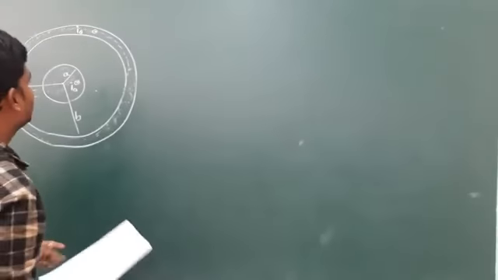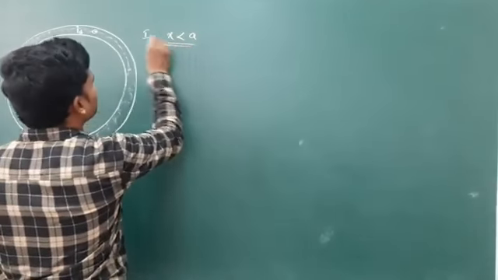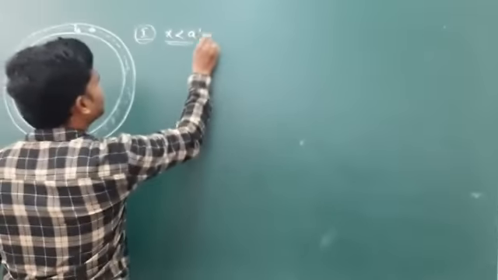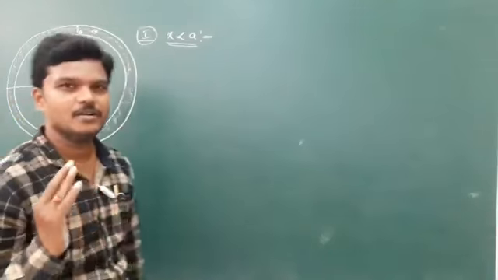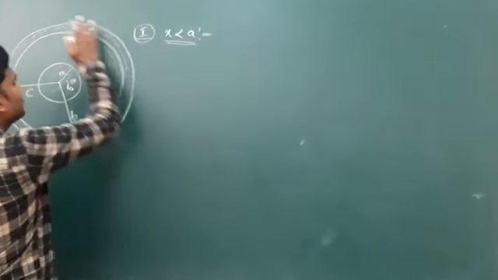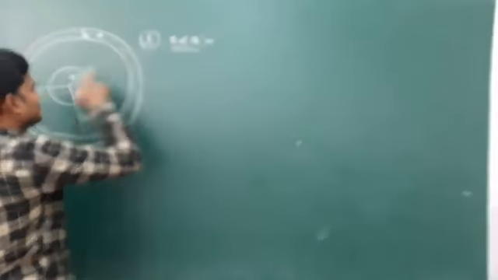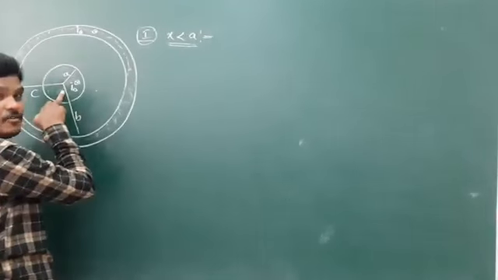Okay, now see the question. The target is to find the magnetic field due to this wire. First one, they have given x less than a. So let us find this one. This is also possible by using Ampere's circuital law. To find the field at x less than a, you draw an Amperian loop. Now let me take this one, because there is no need of the other. Just x, which is less than a. x is inside this wire.